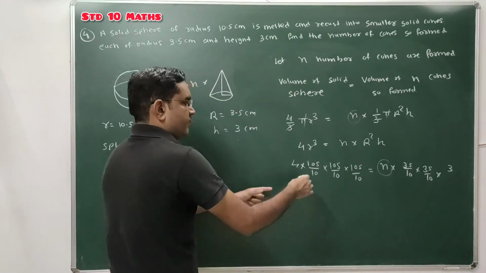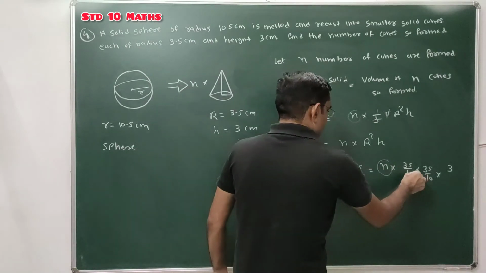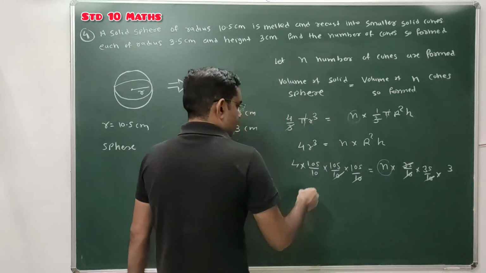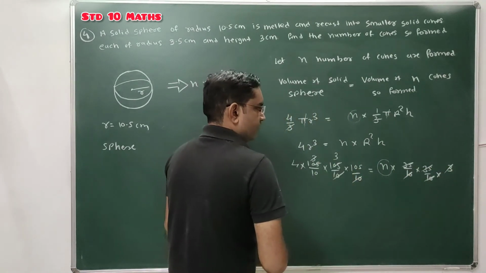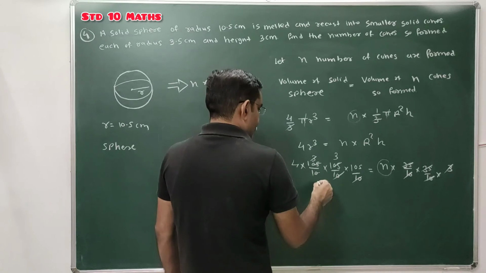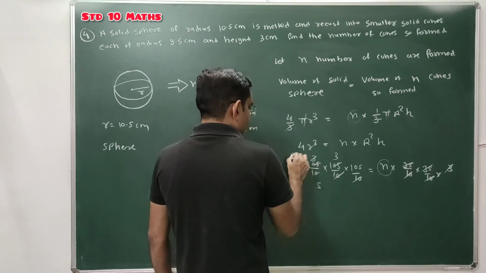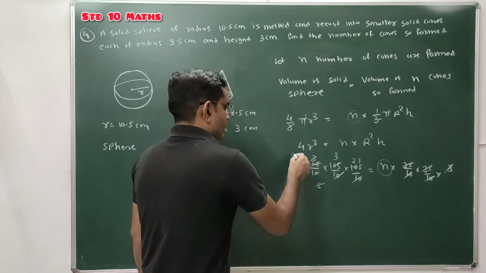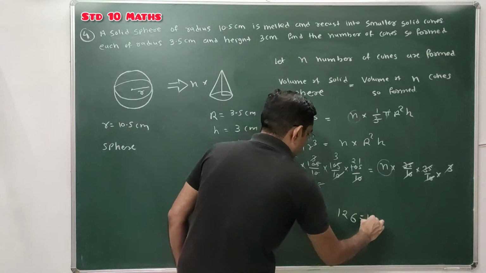So what is n? First simplify, then change position, otherwise it will be complicated. So 10, 10, 10 cancel, 35 goes 3 times, and this 3 and 3 cancel, 35 goes. Done. All values are cancelled, only n is there. So here the simplification is 5 2s are 10, and we get 6 21s are 6, 6 2s are 12 equal to n.